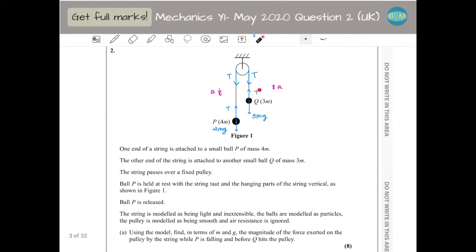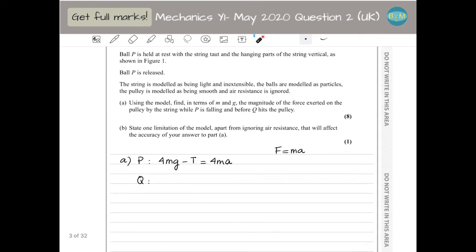Q is moving up, so this one is going to be greater than this one. So I'm going to write T minus 3mg is the mass times acceleration. So T minus 3mg is going to be the mass 3m times acceleration. The acceleration is the same because the string is inextensible, the pulley is smooth,